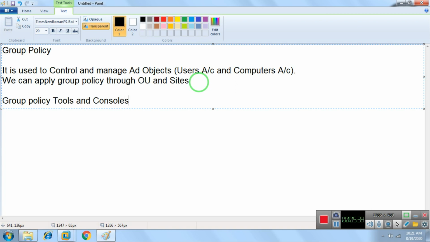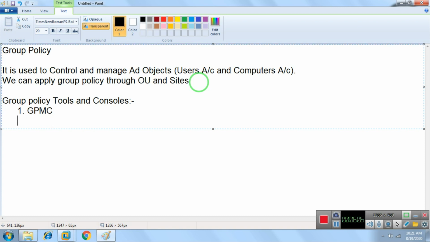Number one is GPMC, the Group Policy Management Console, through which we can manage our group policies.